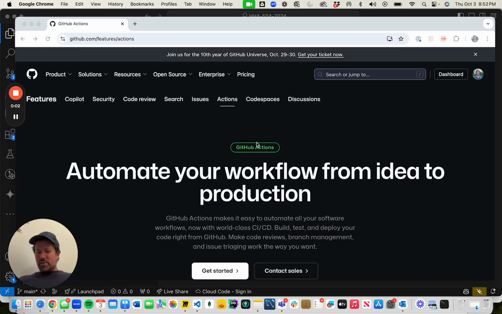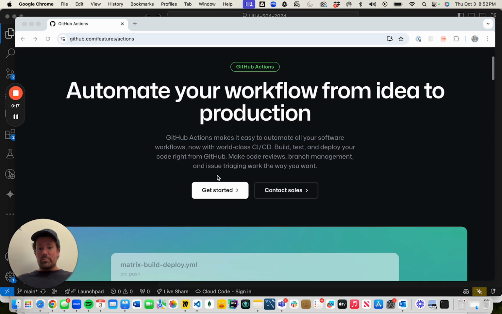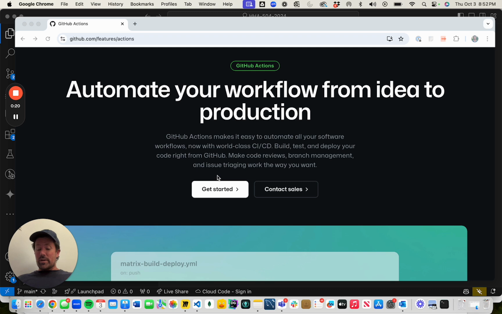All right, hey everybody. So what we're going to talk about quickly is GitHub Actions. So first and foremost, what is GitHub Actions? It is a way of automating workflows. So I would recommend that you all look at the official documentation and read a little bit of how GitHub